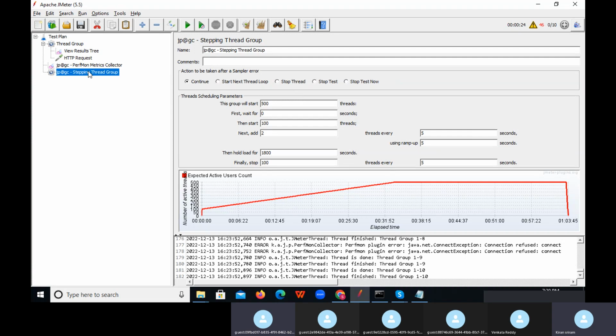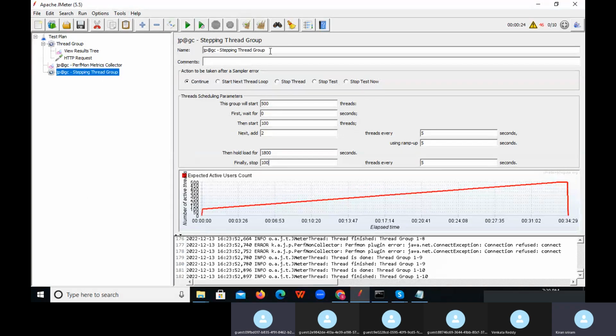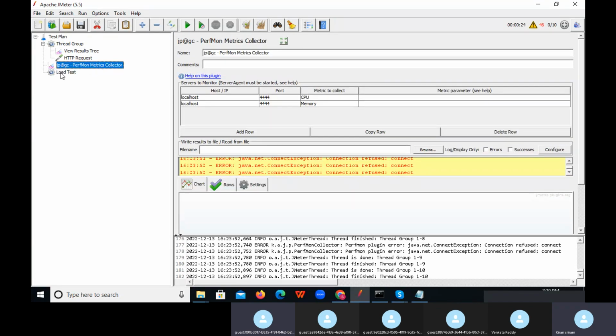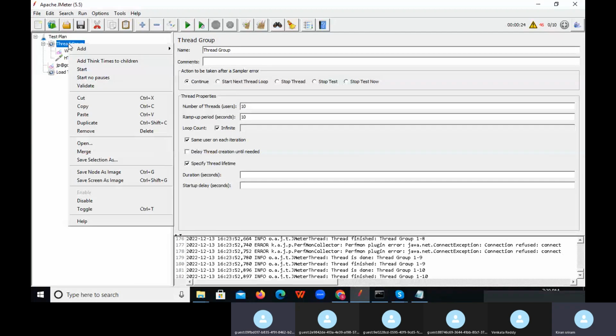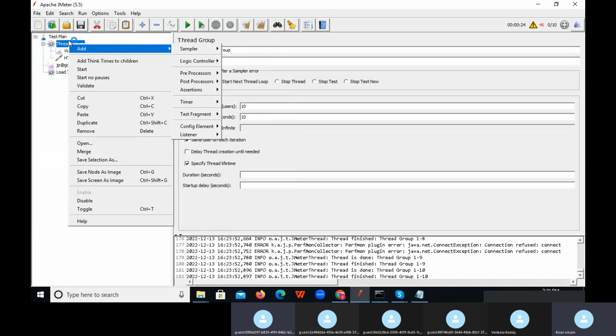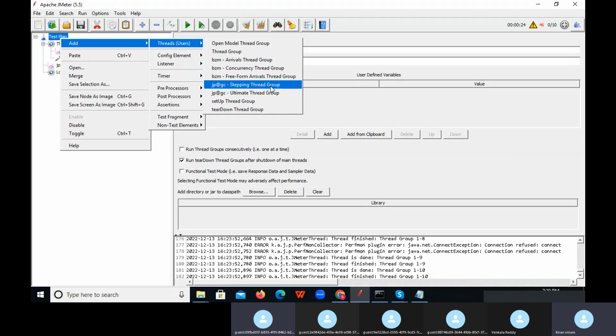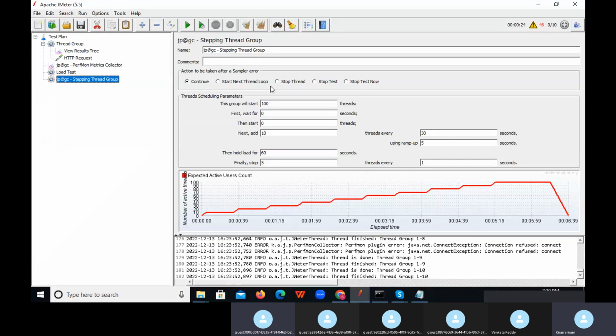So we can do the same thing. We can give it the name load test. Assume this is the load test. Now we need to do one more thing. Just add a thread group. In the test plan, in the thread group, again I'm adding one more stepping thread group, and we can call it